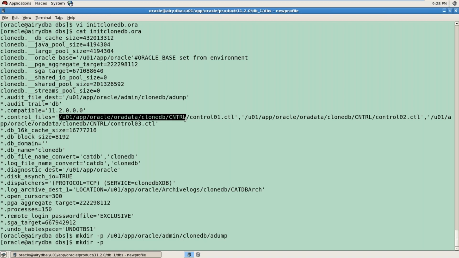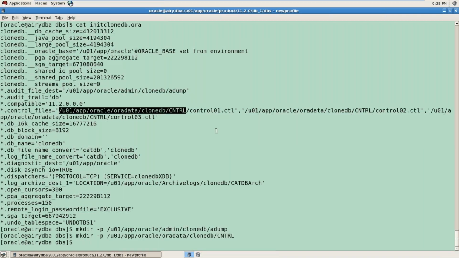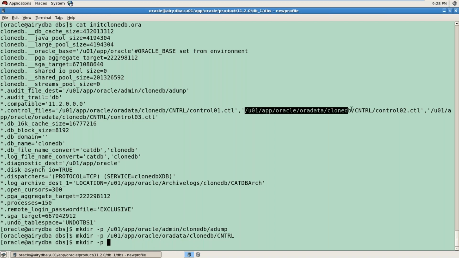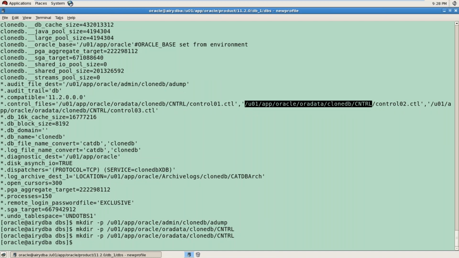If that is existing, then it is okay. If not existing, then it will create. mkdir p. All three are same. mkdir p